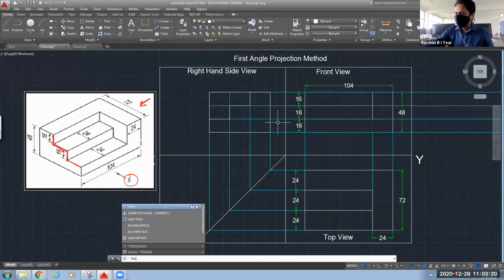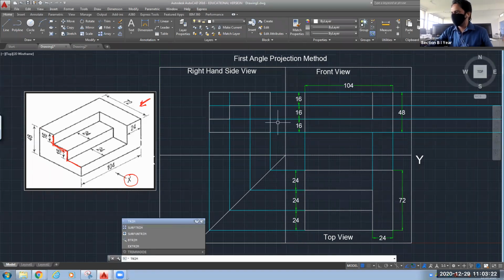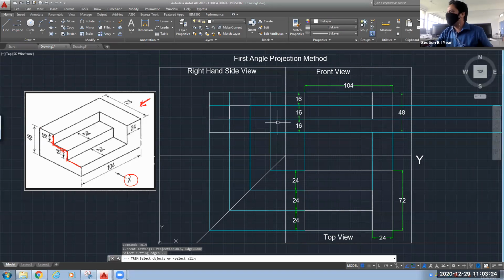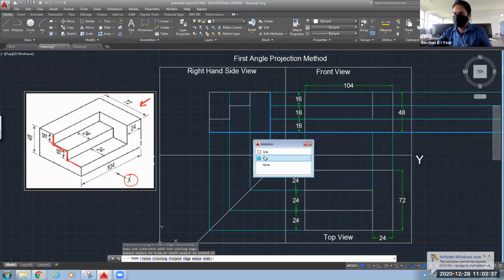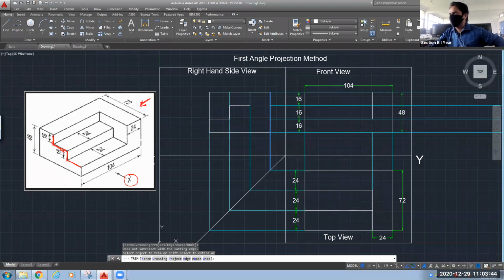So I will use the trim command. I will pick this as our baseline, press enter, and then cut this portion, and this one also. Here again we have two lines. Which one to delete, the white color or this blue color? I will select this blue color.